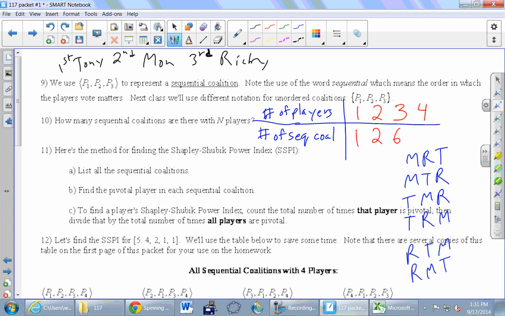And now we're going to bring a 4th person into the mix, Sue Ann. So suppose that we look at just this possibility with Monica, Ricky, and Tony in that order. And then we're going to put Sue Ann someplace. Now Sue Ann could be first, right? Or we could squeeze her in second, or we could squeeze her in third, or we could put her last. So that one thing that's circled, the Monica, Ricky, Tony order, used to be 1. Now how many possibilities are there with Sue Ann in the mix? There's now 4. And in that ordering, we could put Sue Ann in any of those 4 spots.